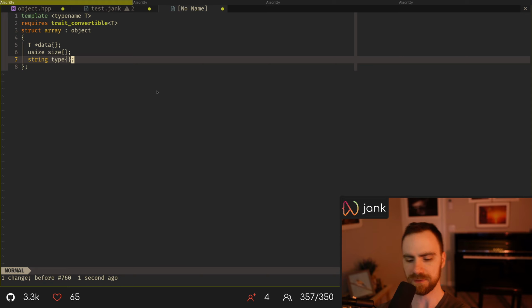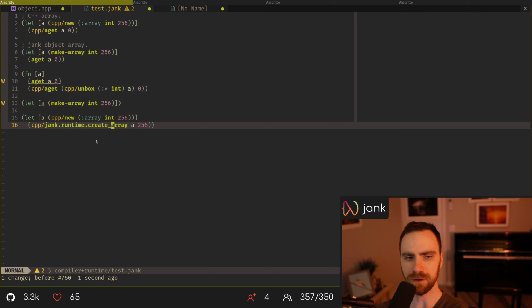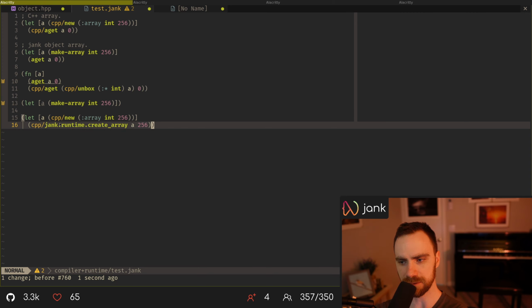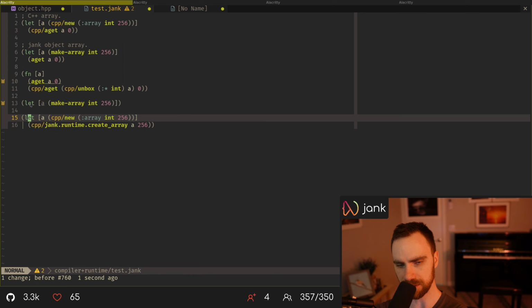So C++ values in jank are generally just lexically scoped to a particular let, and Clojure vectors. Okay, my bad. Different answer then. So yeah, Clojure vectors will be the default for any sort of